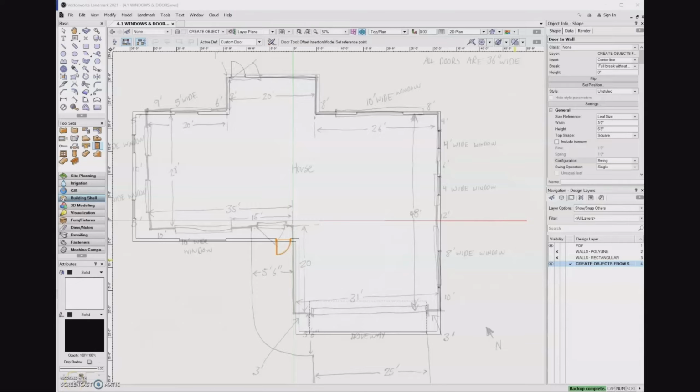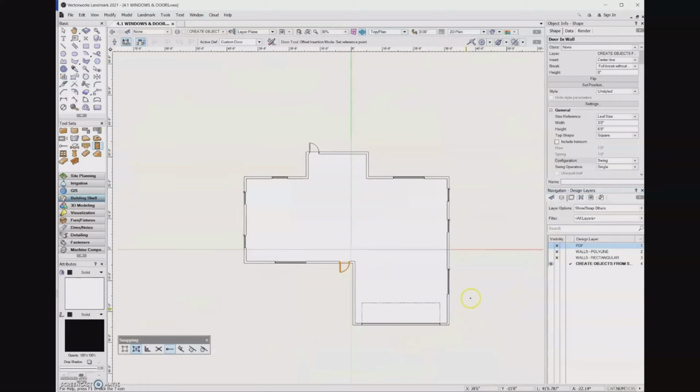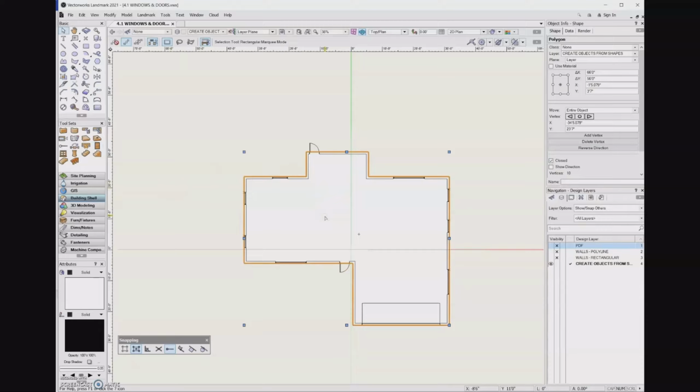Next, let's add a roof to our house. So I'm going to go ahead and turn the PDF off. We've used all of the information that we need to from that. So now we just have our walls, windows, and doors that we've drawn. In order to create the roof, what I'm going to do is select that original polygon shape